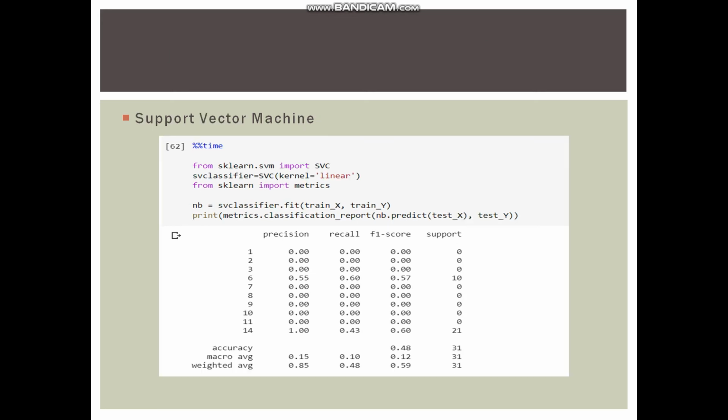And then this is for the support vector machine. It's the same accuracy obtained, which is 0.48, and you have all the precision, recall, F1 score. And the 1, 2, 3, 6, 7, 8, 9, 10, 11, 14 represents the categories of all the previous, as you saw, like all the categories in a separate file. So that is what represents 1, 2, 3, 6, 7, and 9.